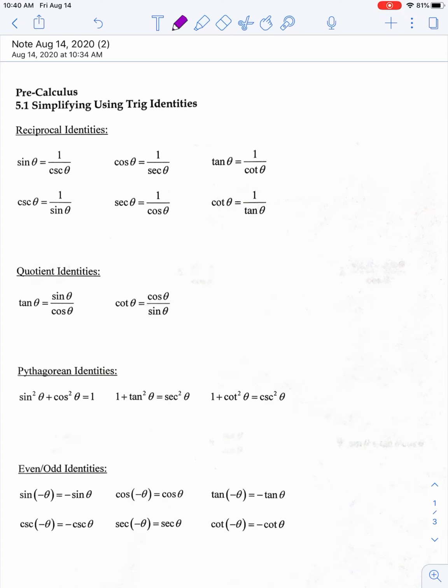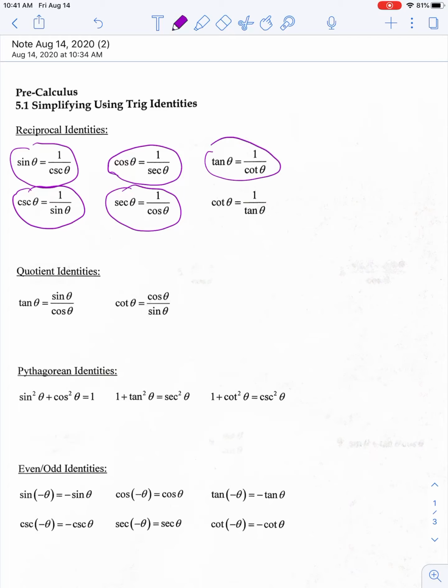This video is to remind you of all your trig identities. So the top 6 are called your reciprocal identities. I call them reciprocal buddies. So you're going to remember the SNC, CNS. So you've got sine and cosecant, and then cosine and secant, and then vice versa. Cosecant is 1 over sine, and secant is 1 over cosine, and then tangent's 1 over cotangent, and cotangent's 1